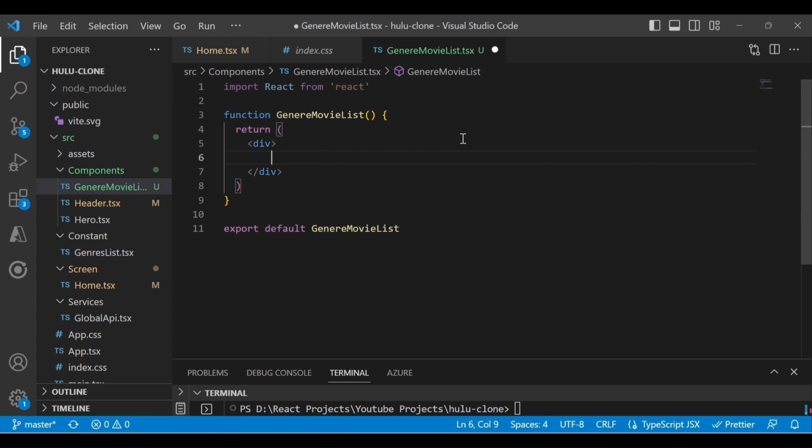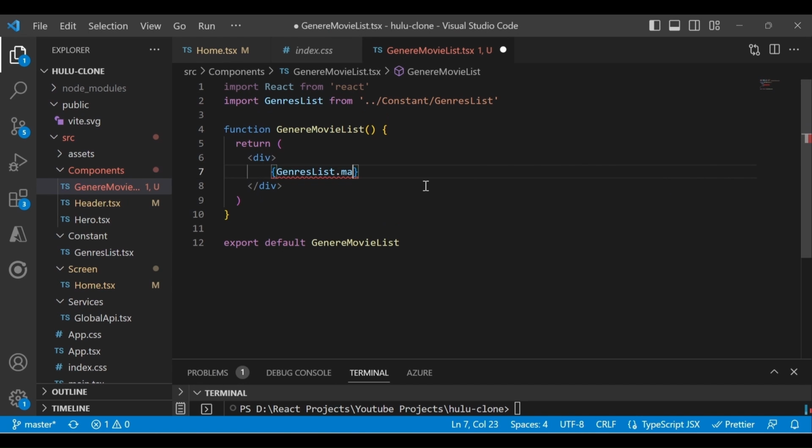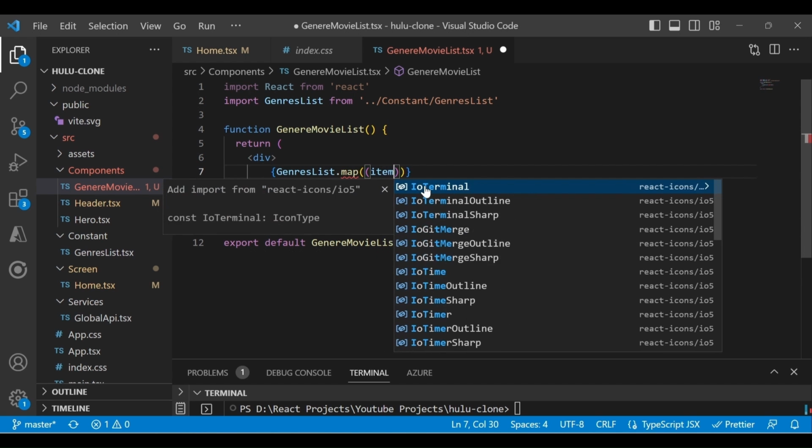Now we will add the genre list here. So here, genre list, if you see, it is importing from the constant genre list, that's what we wanted, and map it to item.